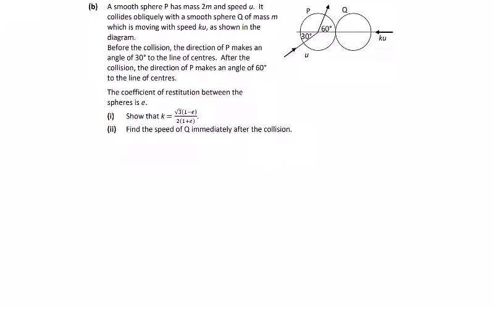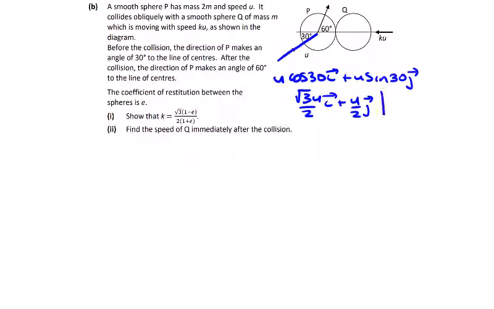2021 question 5b. In impacts and collisions, we have a smooth sphere P with mass 2m and speed u traveling along here at an angle of 30, so it's going to be in the positive direction, u cos 30 in the i direction plus u sin 30 in the j direction, which is root 3 u over 2 in the i direction plus u over 2 in the j direction. It has a mass of 2m,